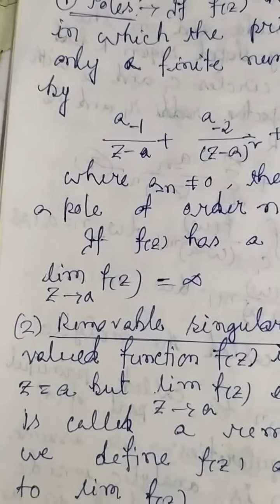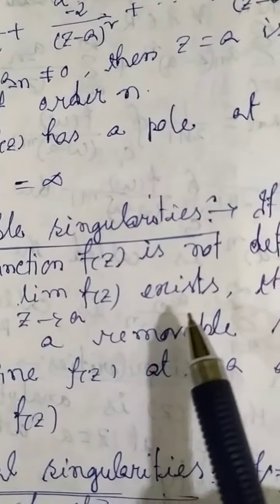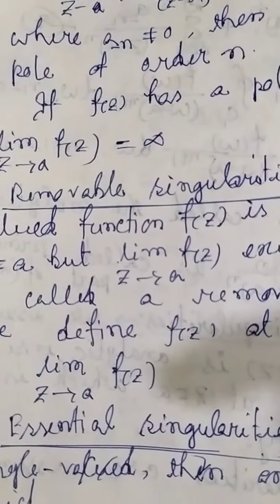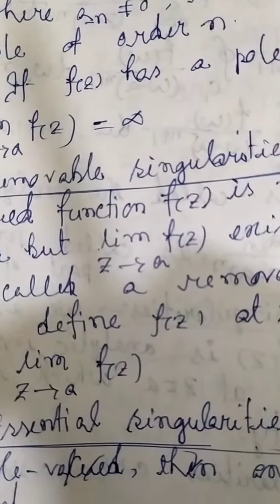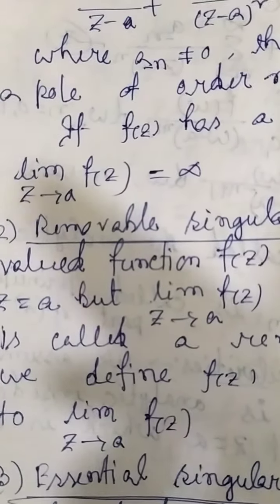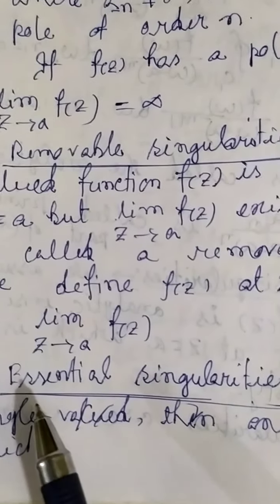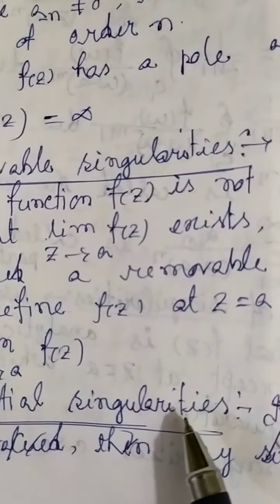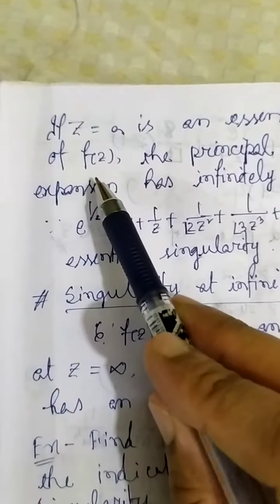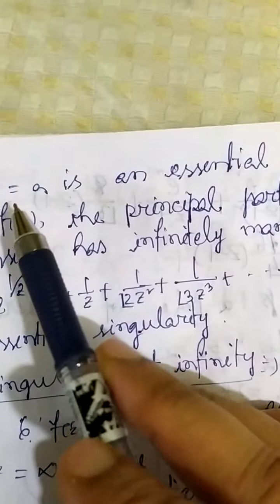Removable singularity, again, we know that the limit exists actually. In this case it is a removable singularity. And what is the essential singularity? In our previous case we concluded that if a singularity is not a pole, branch point or removable singularity, then it is said to be an essential singularity. But in terms of Laurent series, we can define this essential singularity in a very precise manner. So if the principal part contains infinitely many terms,